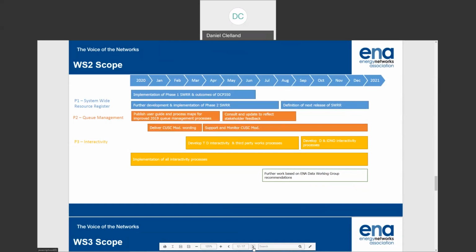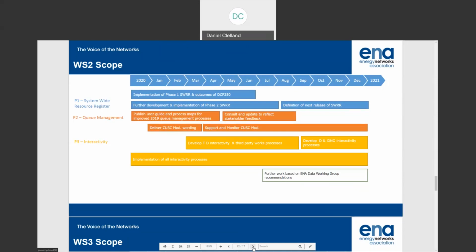But obviously, we will change and adapt to any output that comes through from that change proposal, and we will maintain momentum on the openness of the assets. We do have a next release of that resource register, including network improvements, and that will be implemented in July. So that's the second bar down on that.